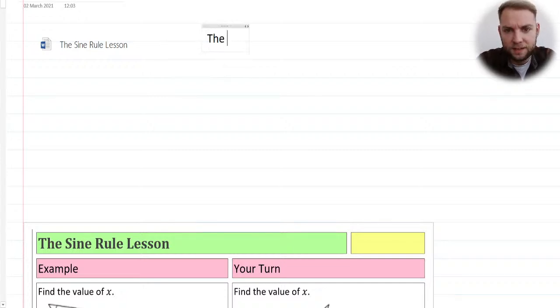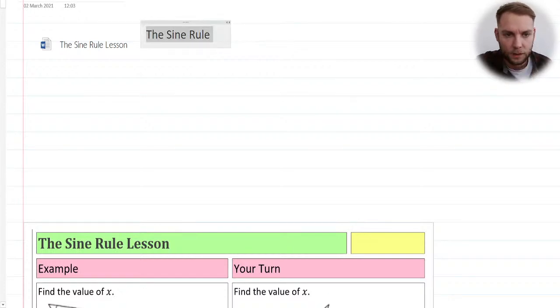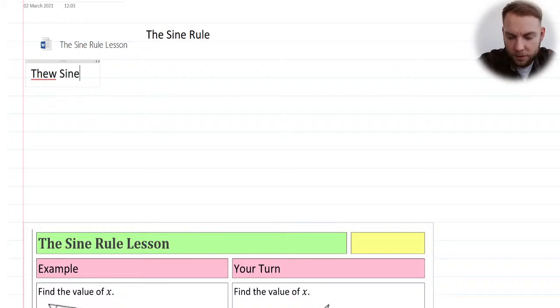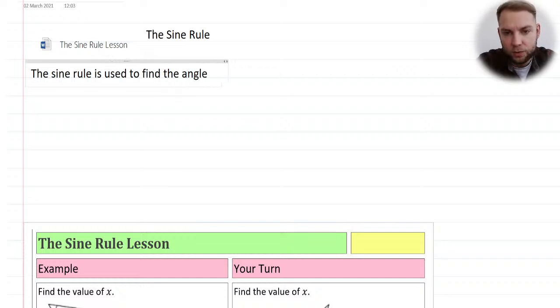Okay, so today we're looking at the sine rule. And let's write a little definition for that first of all. Okay, so the sine rule is used to find the angles or sides in a non-right angle triangle